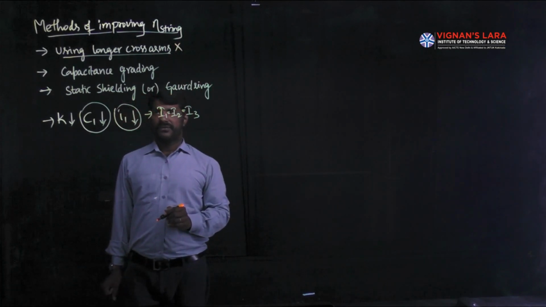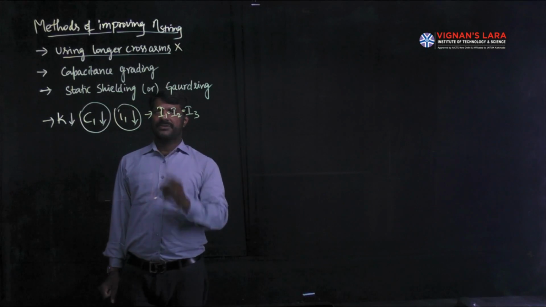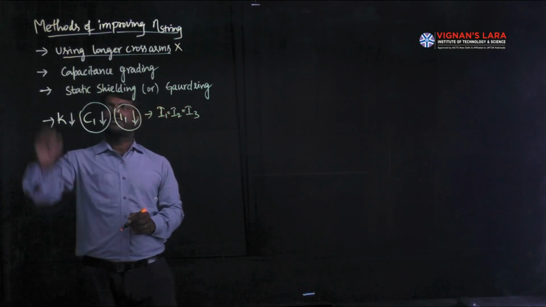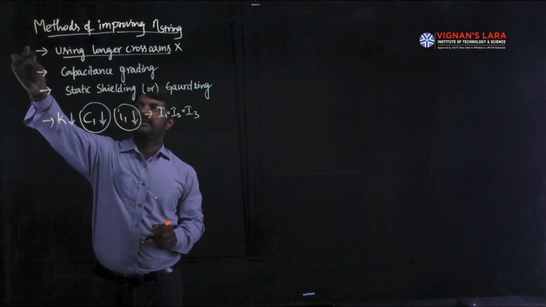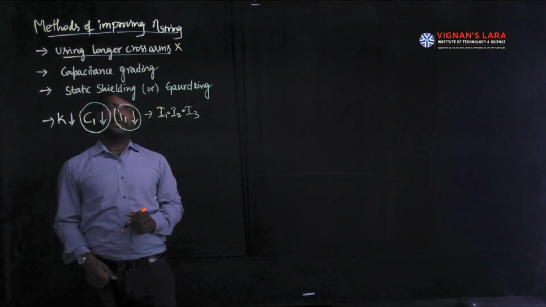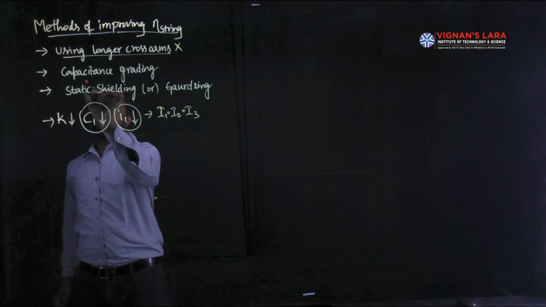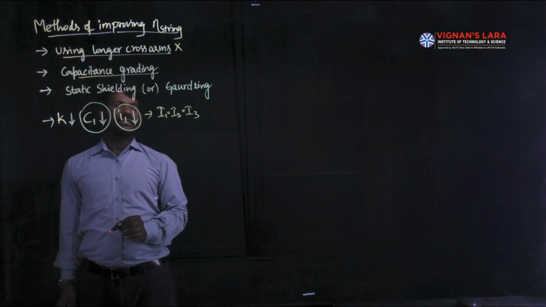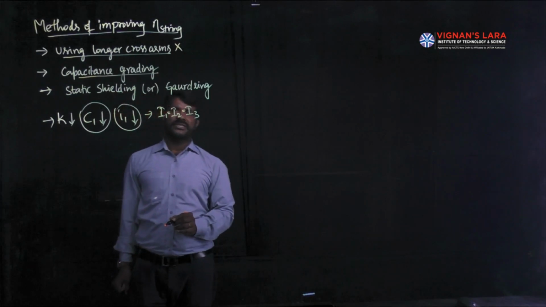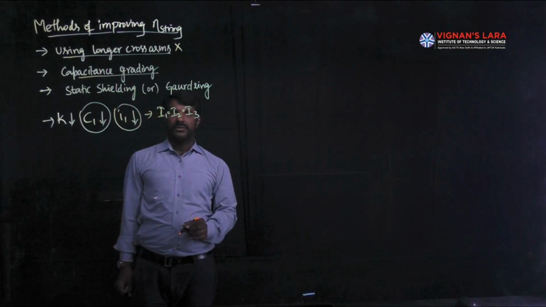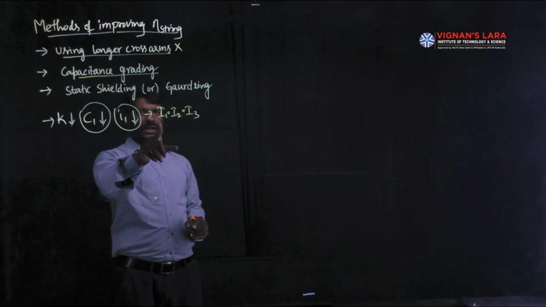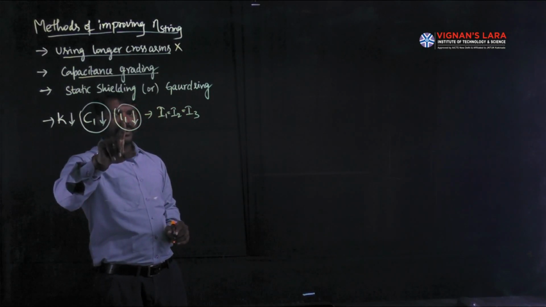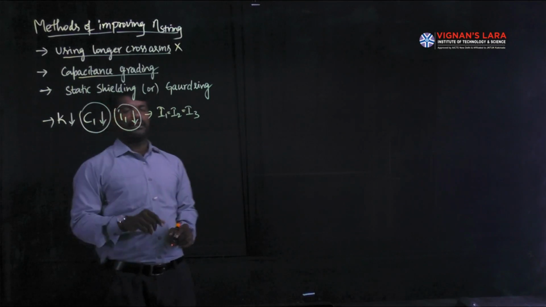For very high voltages, increasing the length of the cross arm is not preferable. So the first one is a rarely used method. Coming to the second one, that is capacitance grading. The name itself says that the objective is to make the voltages across all units the same, whereas we can't make the currents equal, meaning we can't avoid the shunt current called I1.